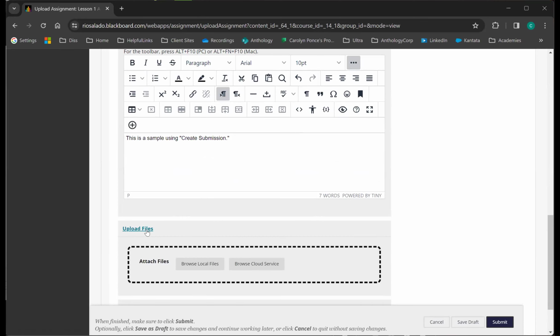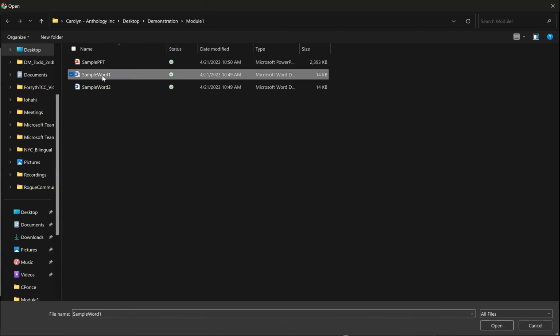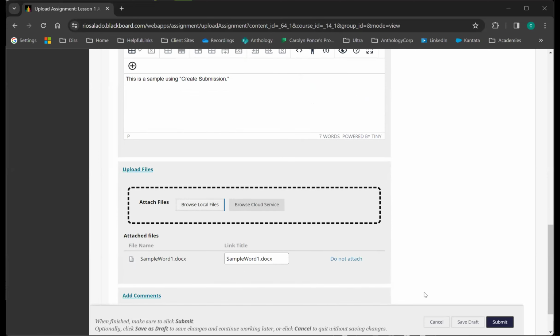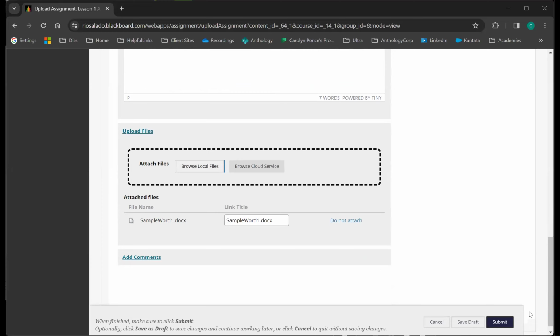If they have a file to upload, similar thing, they'll expand upload files and they can attach their file. So it's drag and drop or, again, depending on how the computer is set up, they'll be using one of these 2 tools for that. And then once they're ready to submit, they'll click submit. And I'm going to again mention if they save it as a draft, only the student will be able to access that draft later on for submission. So I'm going to go ahead and click submit.